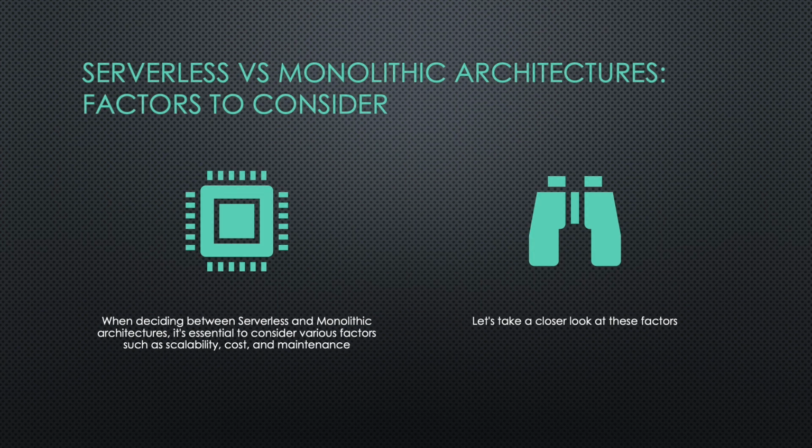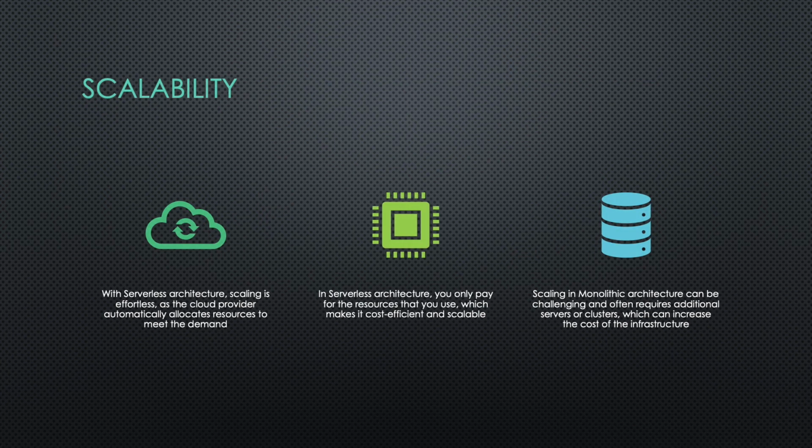Serverless versus monolithic architectures, factors to consider. When deciding between serverless and monolithic architectures, it's essential to consider various factors such as scalability, cost, and maintenance. Let's take a closer look at these factors. Scalability. Scalability is a crucial factor when it comes to choosing an architecture. With serverless architecture, scaling is effortless, as the cloud provider automatically allocates resources to meet the demand. In serverless architecture, you only pay for the resources that you use, which makes it cost-efficient and scalable. On the other hand, monolithic architecture requires manual scaling and capacity planning. Scaling in monolithic architecture can be challenging and often requires additional servers or clusters, which can increase the cost of